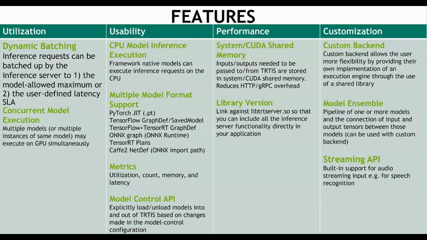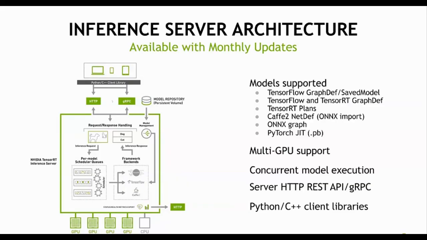So some of the other important parts of Triton is that it serves you with two API endpoints. One is the HTTP and the second is gRPC. You can basically call the client and use either the HTTP protocol or the gRPC protocol. And you can seamlessly scale it across multi GPU, and you can also run it on CPU if needed. So with that, I'll quickly show you how to do the TensorRT conversion